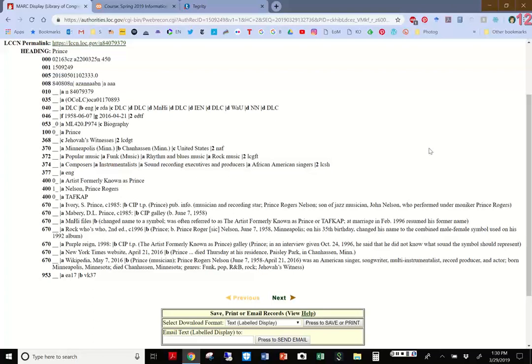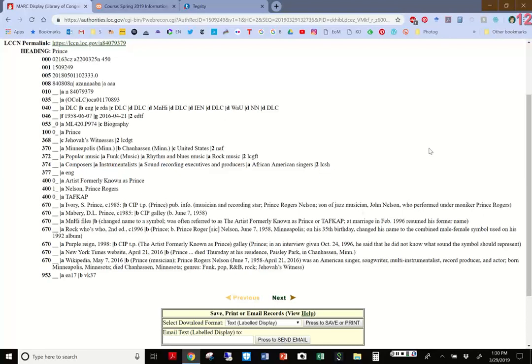Now, we can see here Prince was known by these other names. Sometimes people will have a separate authority file or authority record under a different name, because they still existed and they were still using that name, and so it's an actual authorized heading for a person during that time period.